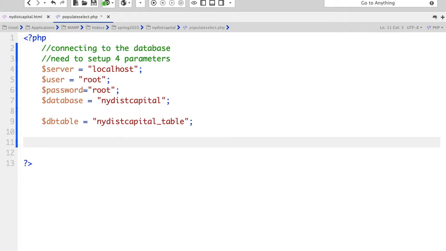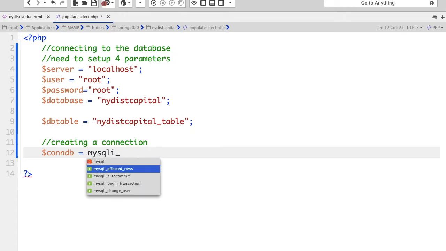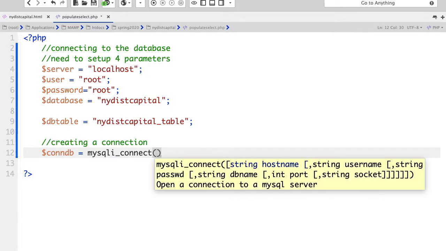Okay. So let's create a connection. Creating a connection means we're going to create a variable. We can call it anything you want. Right. ConDB, connection database. So it's mysqli underscore connect. Now here you go. It tells you the host name, the user, password, and the database. So just repeat those variables there. $server, $user, $password,